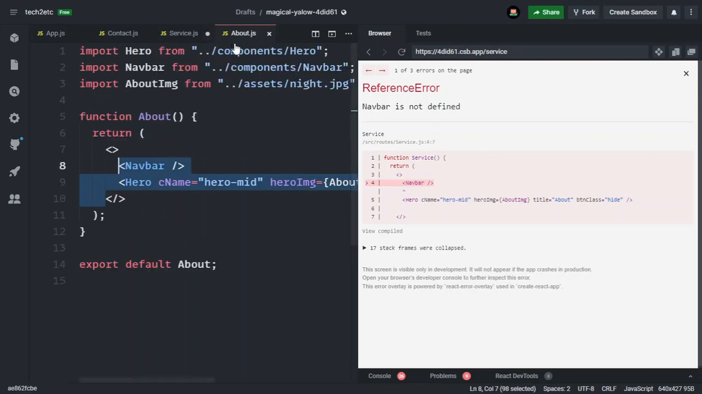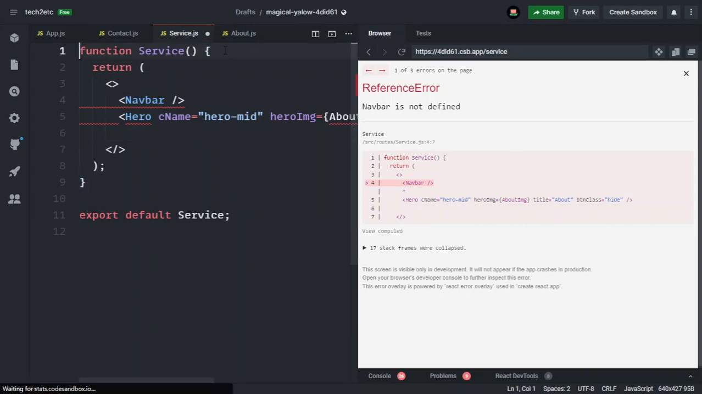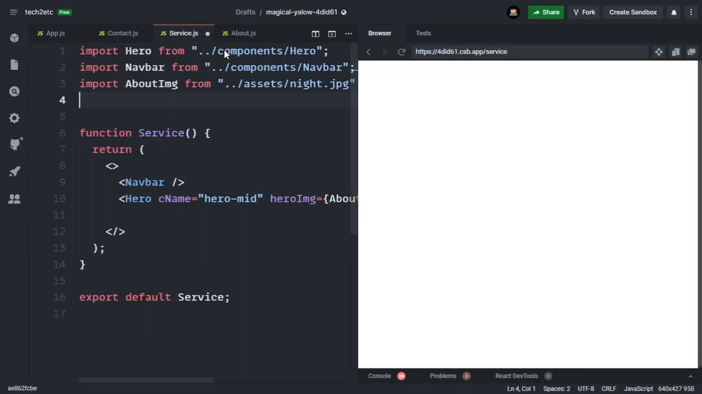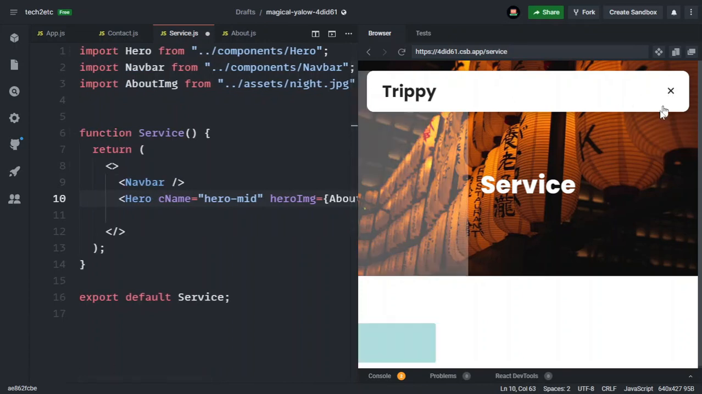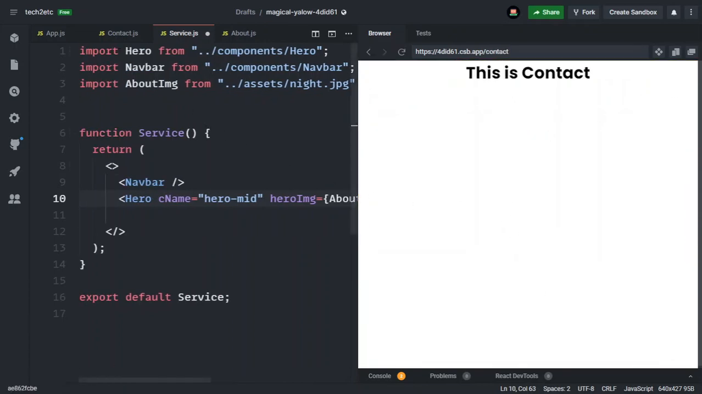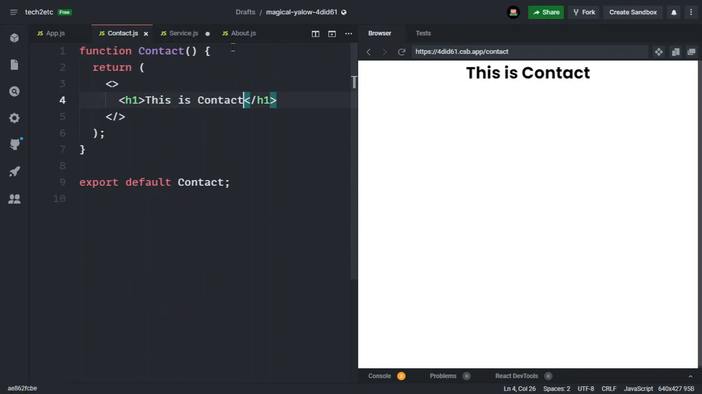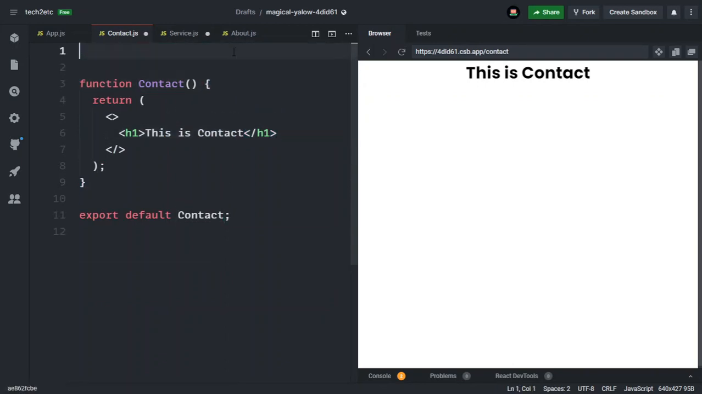Also we have to import the component, so that's why we have to copy these three and then paste it here. And here the title will be service. That's it. Now let's go to our contact page, and here we have to go to our contact file, then